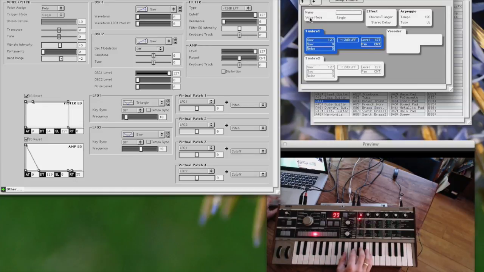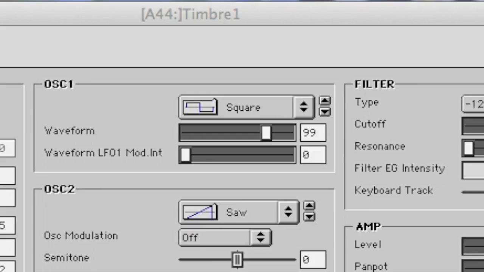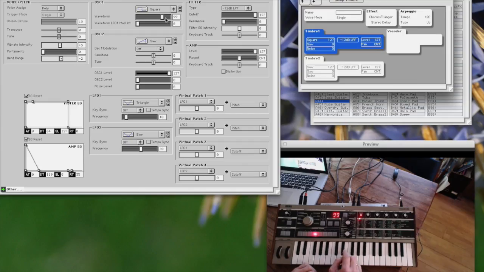I'll update the screen again so you can see what I did. I selected a square and then modified the pulse. So this is the basic of the sound. I will transpose the sound an octave down. This has nothing to do with the sound itself, of course, but